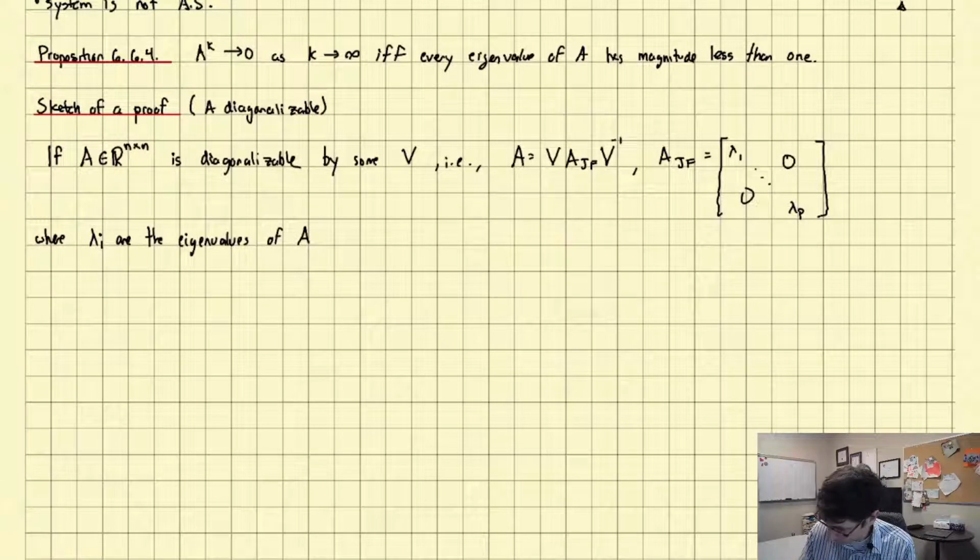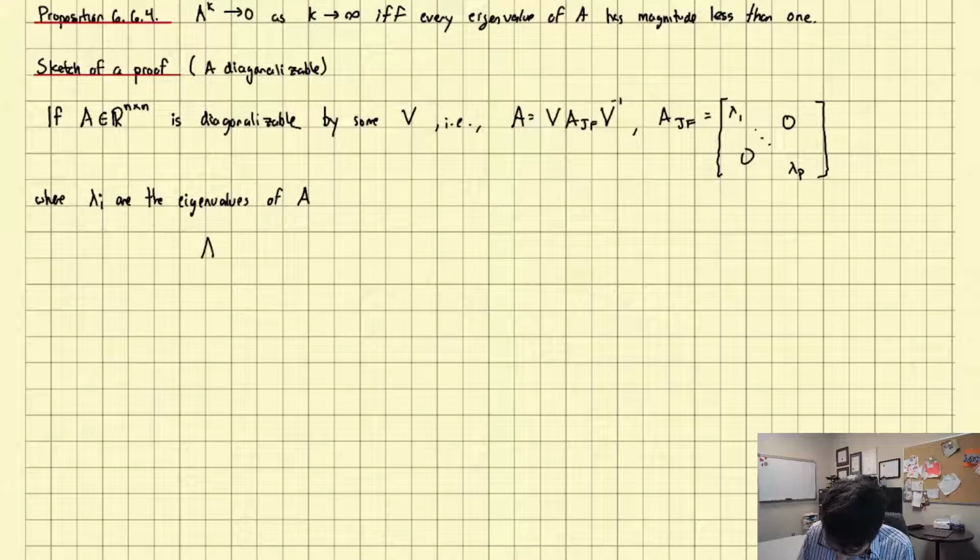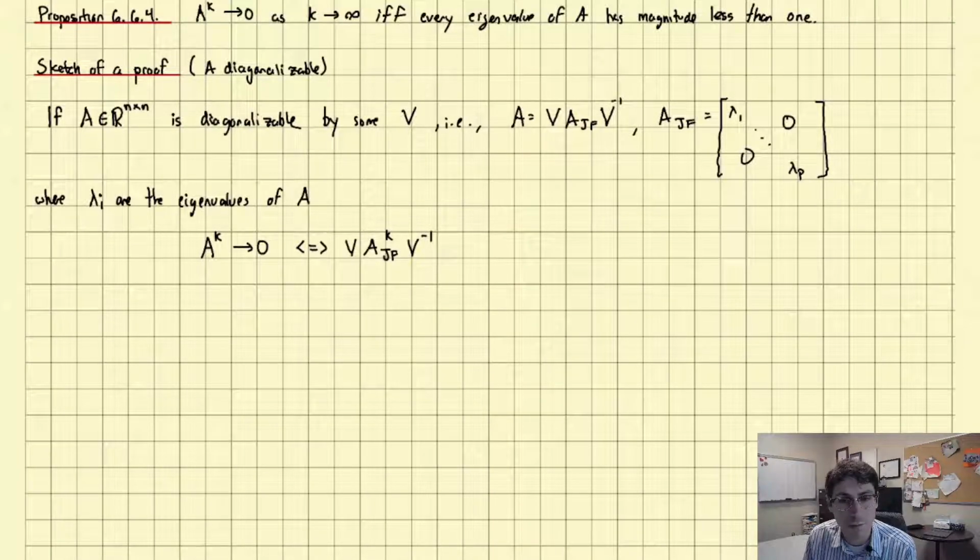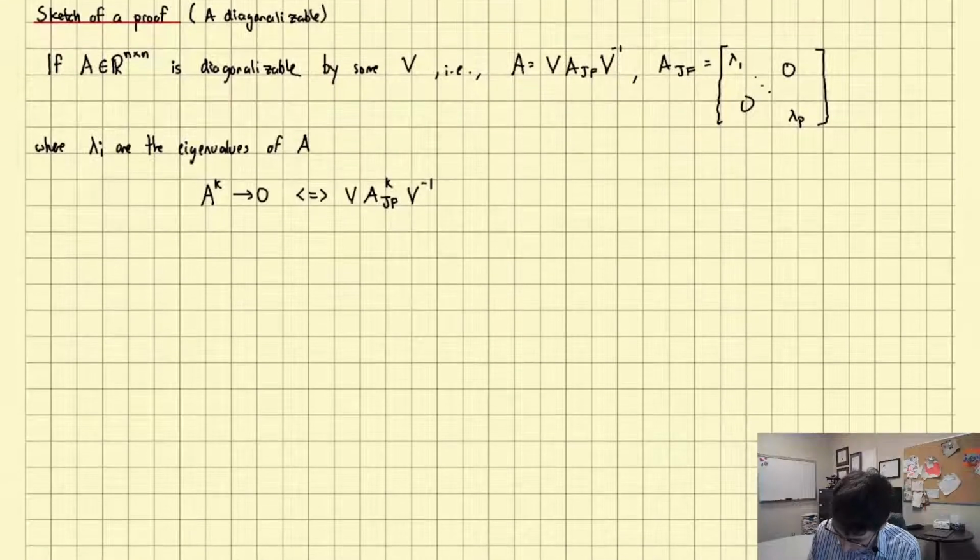So what do we have? We have that A to the k approaches 0 if and only if, rearranging, V J_A to the k V inverse goes to 0, using the same argument that we used in the example above. Now V is just a constant matrix, an invertible constant matrix. So the only way that expression can go to 0